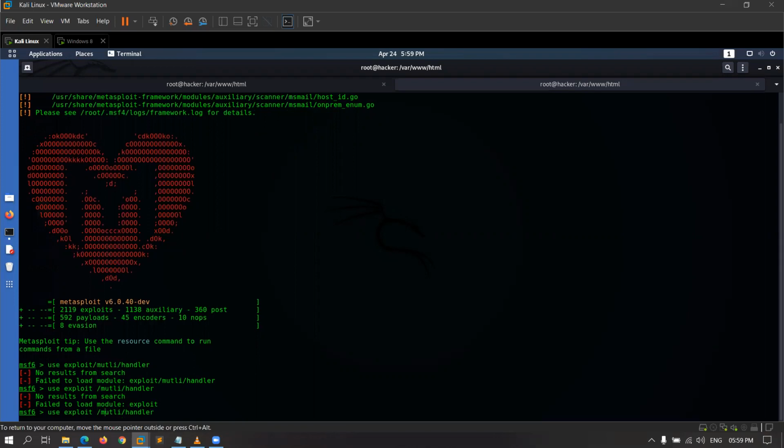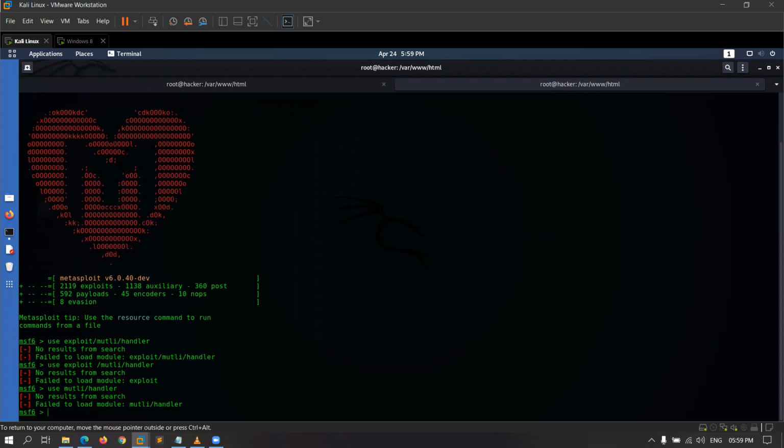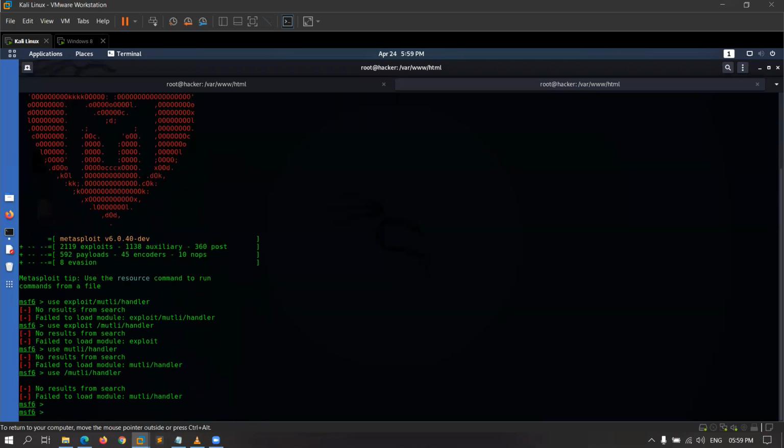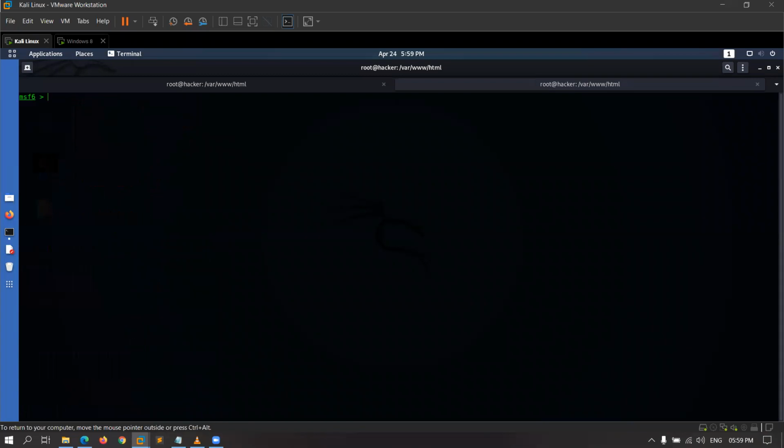What I'm doing. Okay, so I'm using use exploit multi/handler.